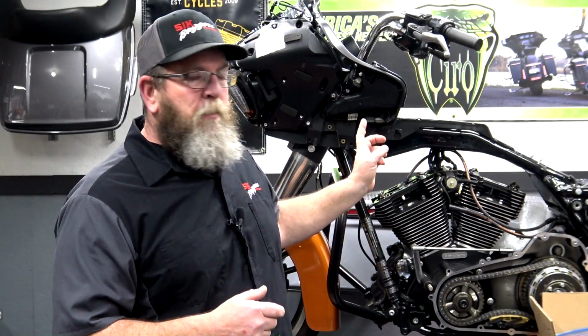I'm a chrome guy, guys. The first build that we did, the 14 Street Glide over there, is covered in chrome. But this time I wanted to do something a little bit different, and we're going to be blacking out the bike. So Christmas Day, I came out here, full-blown bronchitis, and spent about 7 hours stripping down the